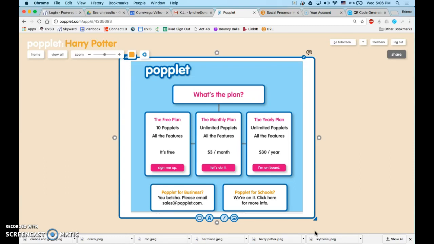So there are 3 different plans that Popplet offers. The first plan, which is the one that I signed up for, is the free plan. It allows you to have 10 Popplets. You get all of the features, and of course it's free. So at the beginning where you saw I had 1 Popplet created,